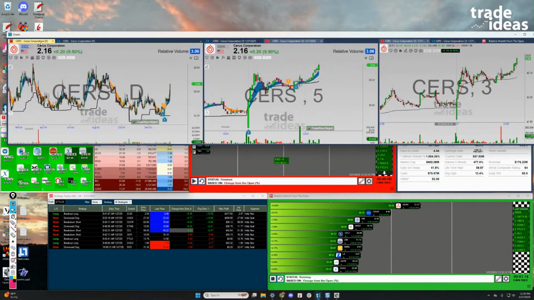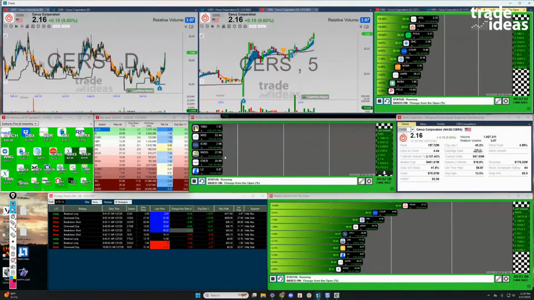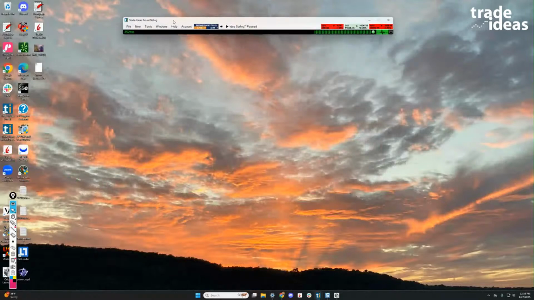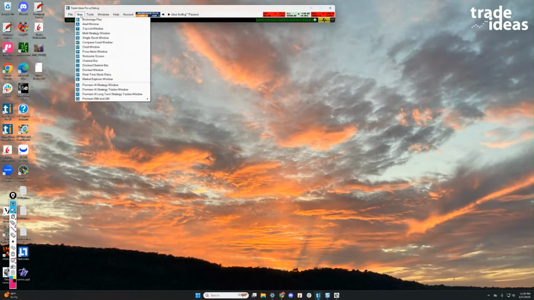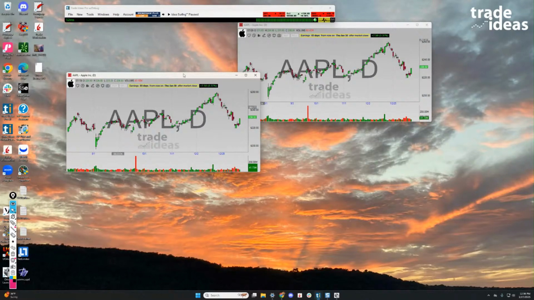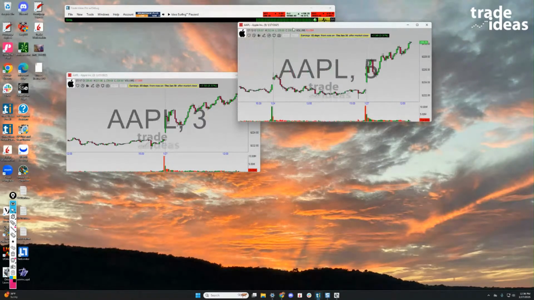Bear with me. What we're going to do here is, actually, let me minimize stuff. I want to minimize all so I have a clear screen. And then let's start by getting some charts going. I'm going to open a bunch of free floating charts here. So I got 3 charts, right? And let's change the time frame so we can see things. Let's give this a 3-minute chart, this a 5-minute chart, and we got a daily chart here.